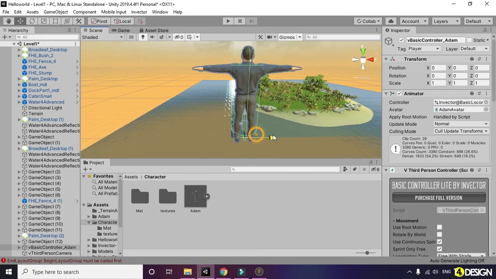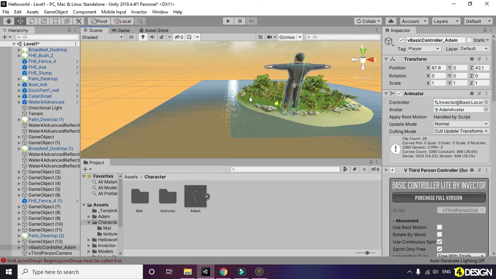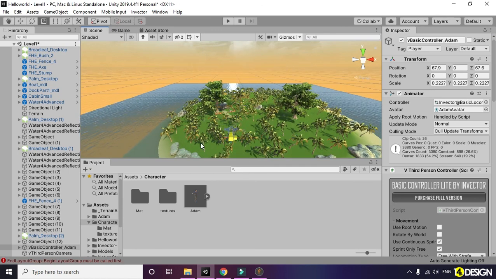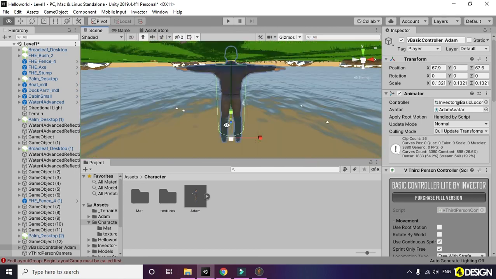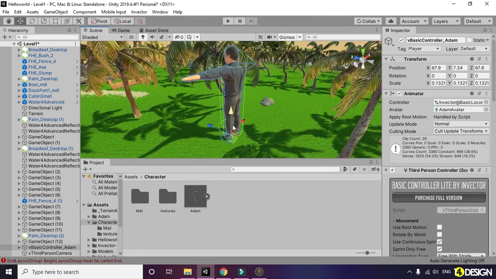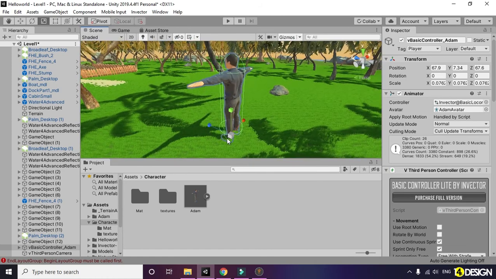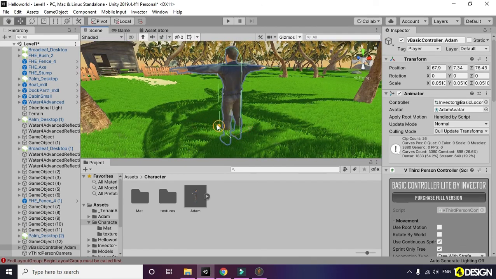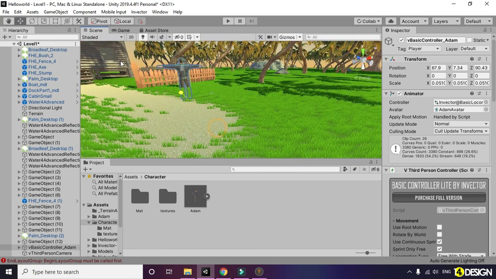Remember, we scaled our character a little bit, by a lot actually, so we're gonna scale it down again. Let's bring him in front of our house here to see if the scale is fine.